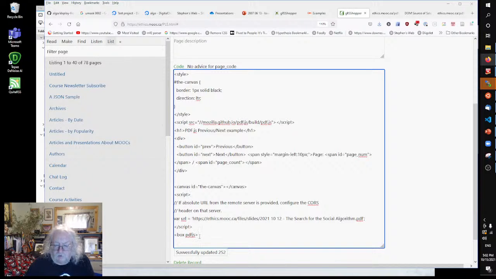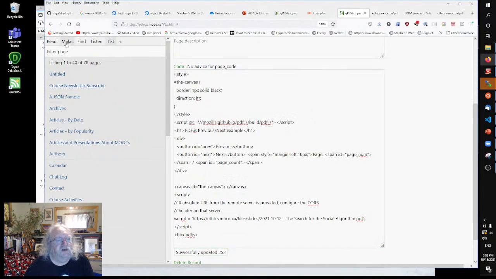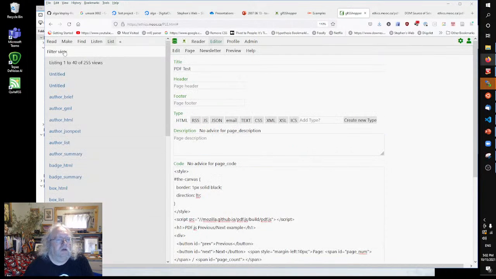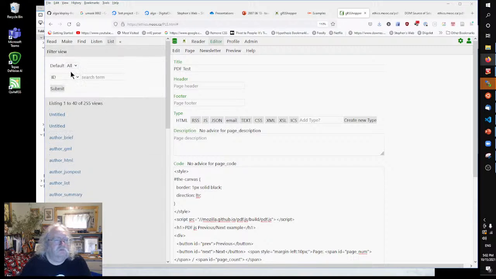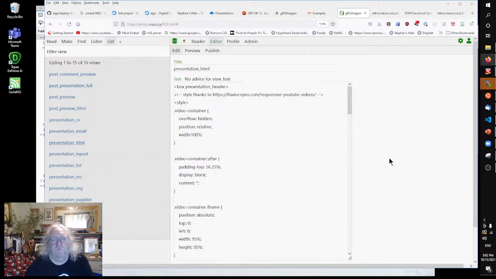So I'm going to take all of this code, and now we're going to go to the presentation view, list view and filter view, just to save us clicking through a bazillion times. Okay, presentation, HTML, and now